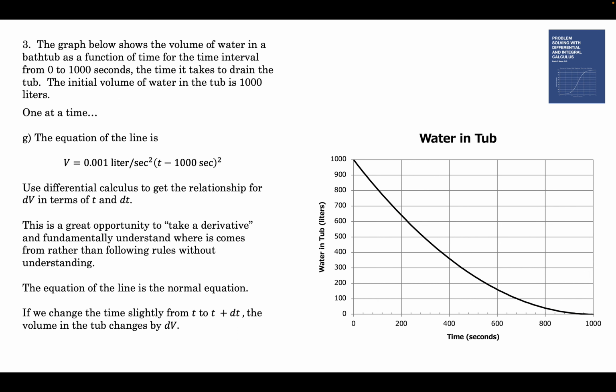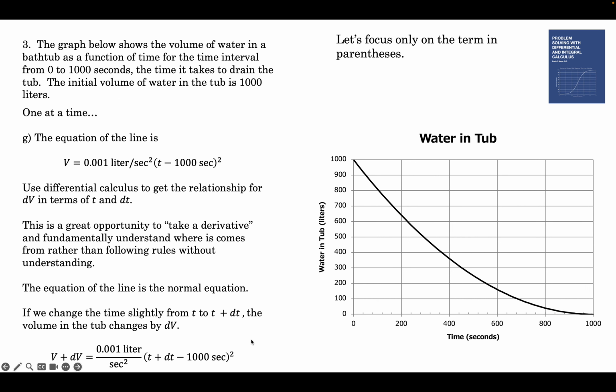So we're going to change the time from t to t plus dt, and the volume of the tub changes by dv. So here's our equation. V plus dv is t plus dt. Right? It's a little bit time later, and the volume changed. That's the volume change. So we're going to focus only on this term over here, in parentheses, the squared term,